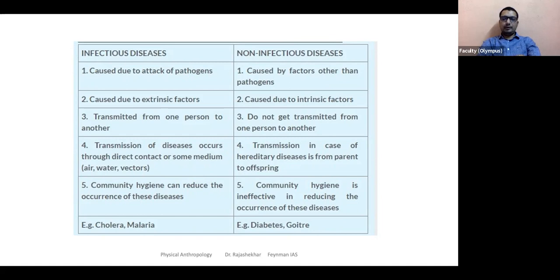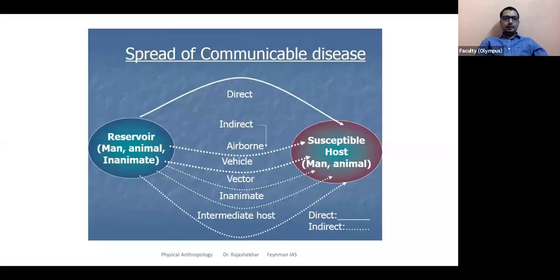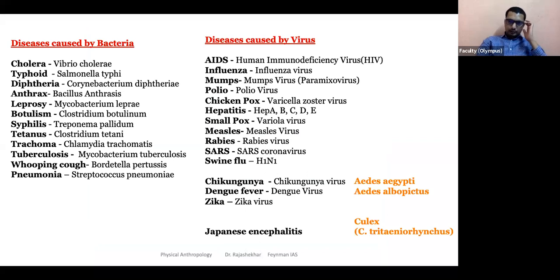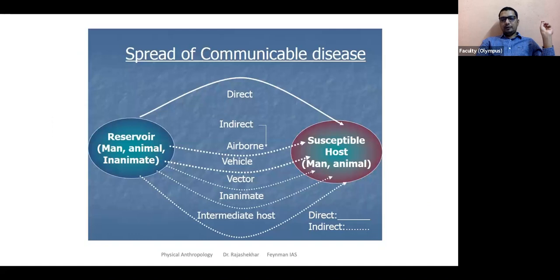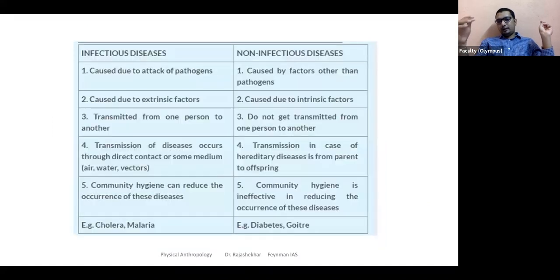I have a couple of examples for each of these categories, briefly: how they spread and what type of infections they are, bacterial, viral, protozoan and fungal. For example, bacterial diseases. So many examples are there. Like cholera. Cholera is a bacterial disease, right? Can you name a few other bacterial diseases?